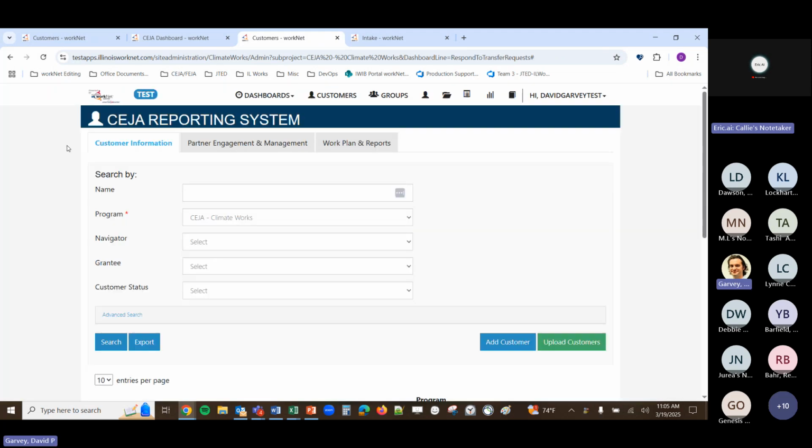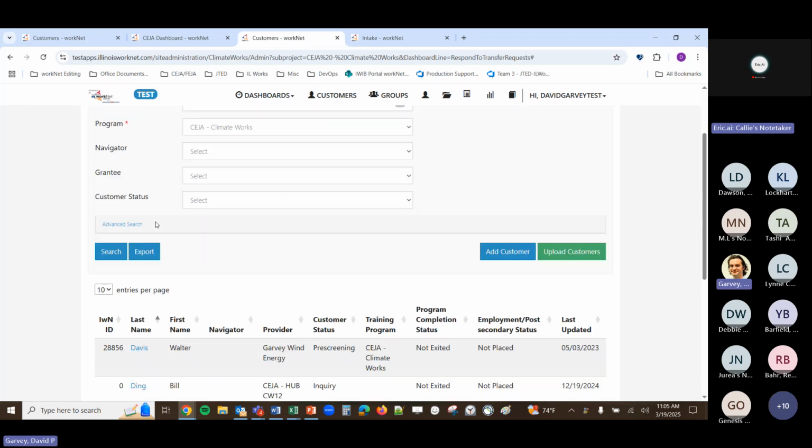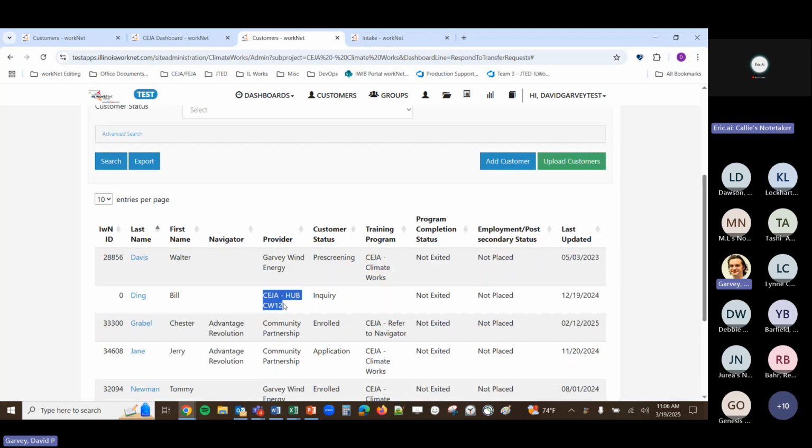If another grantee is adding them, there's the ability to request that the inquiry record gets transferred to their customer list. And so it seems like this was the case where another provider, maybe a CEJA hub CW10, tried to add Bill into the system, but got the prompt that Bill already exists with another group. Would you like to request the transfer?